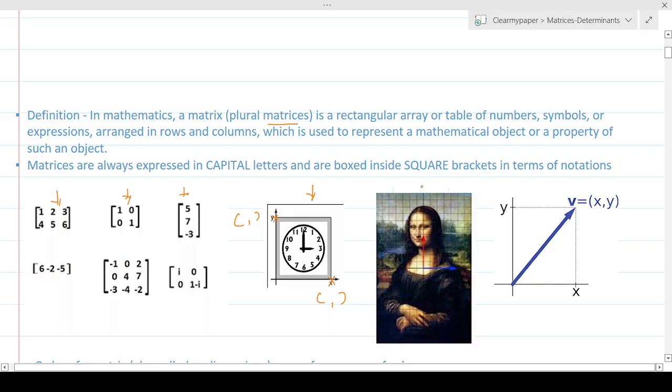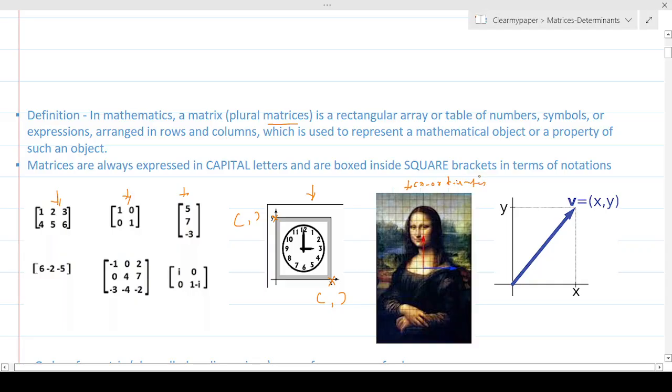Similarly, for this picture of the Mona Lisa, let's say you want to morph it, reduce it, increase it, or you want to put this Mona Lisa on Instagram and do something fancy. How does the computer understand what you are doing? Basically you just pass the coordinates of the two points, this point or this point, and it will apply that to the whole picture. So it's more of a coordinate passing.